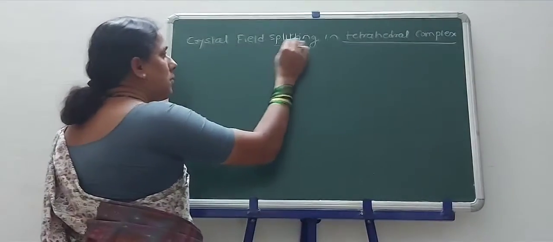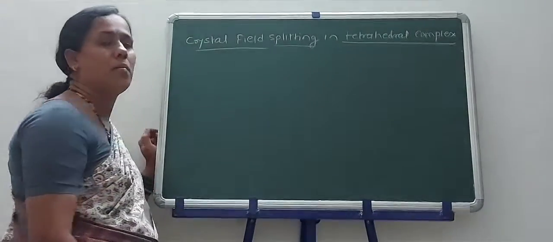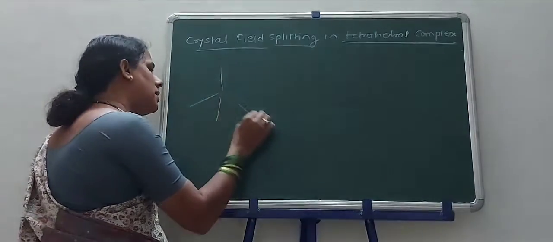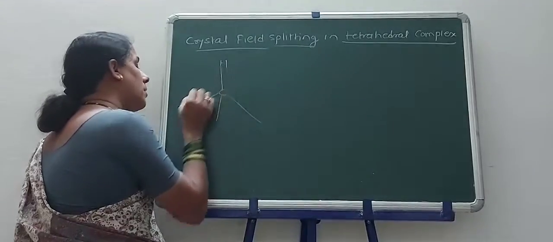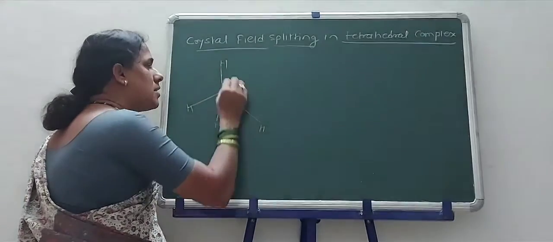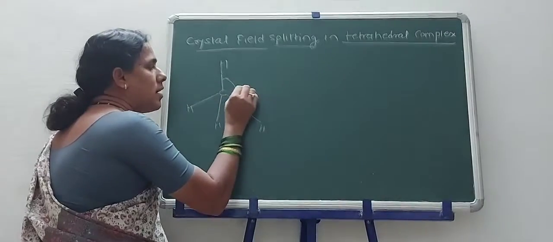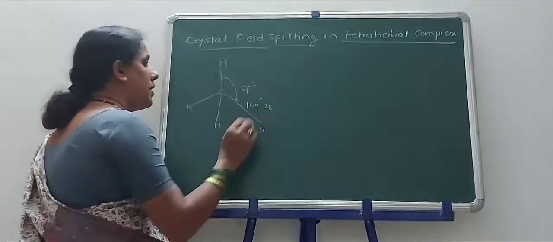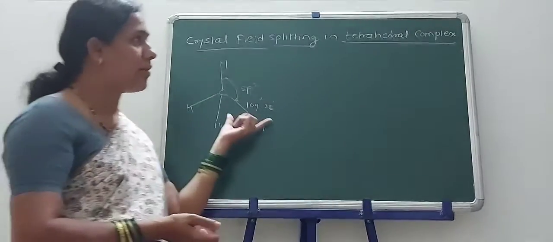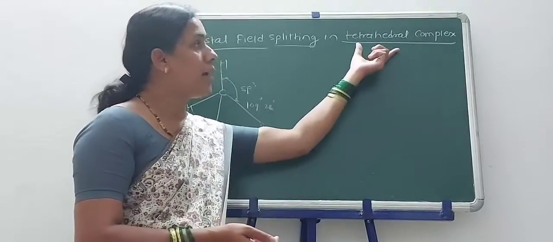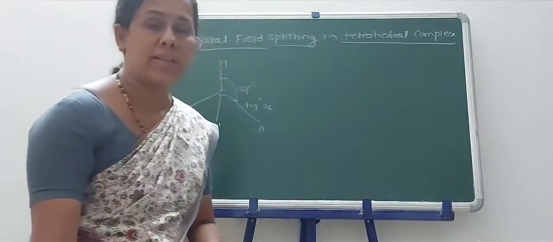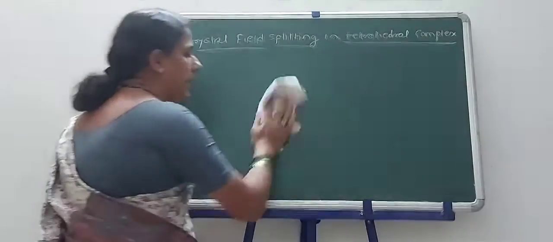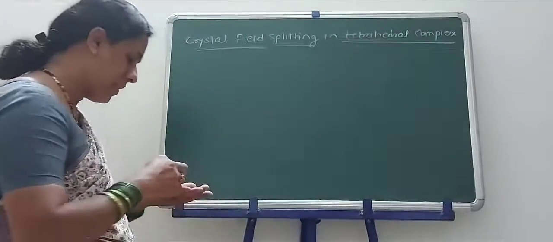Okay, now these 4 ligands can be formed by drawing a tetrahedron. Tetrahedron is like this, simply in hybridization, taking the example of CH4. What is the hybridization? It is sp3 hybridization, and the bond angle is 109 degrees 28 minutes. Okay, likewise this configuration we have to draw in a tetrahedral complex, and the tetrahedron we have to place in a cube. For this purpose we can draw the tetrahedral here.